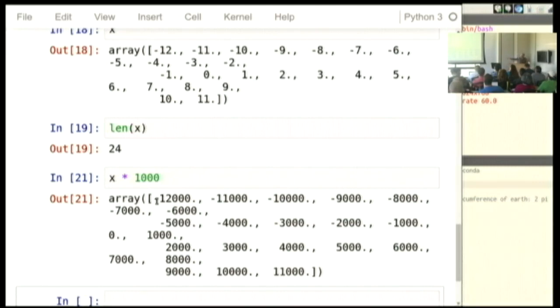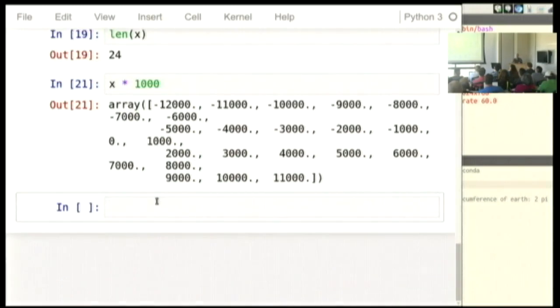It allocates room for the new numbers in memory and extremely efficiently gets all of that work done. All a scientist has to say is x times 1,000. And for the cost of a single Python operation, they can have millions of numbers multiplied. And again, this is a technology that's very much behind how Pandas works.